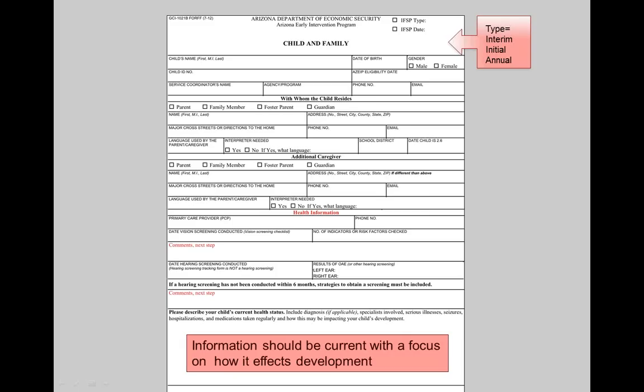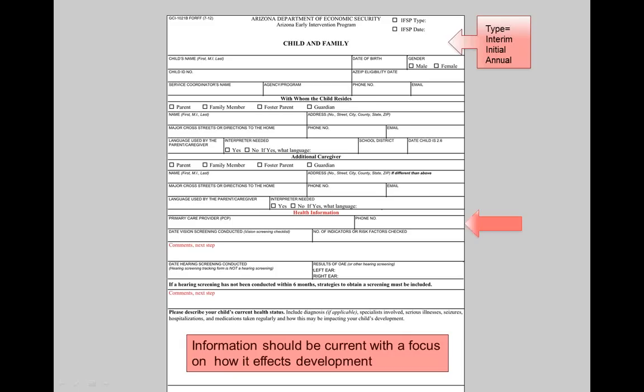The service coordinator will ask for the language used by the parent or caregiver to better reflect which language is spoken to the child. Secondly, next to the space for school district of residence, the service coordinator will write the date on which the child turns 2 years, 6 months of age. This is the age in which the transition activities should begin.